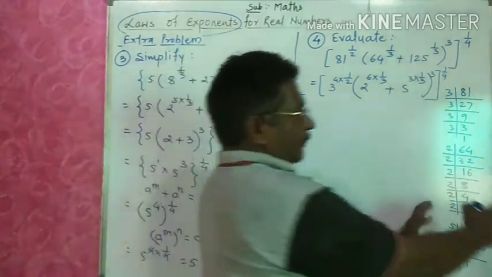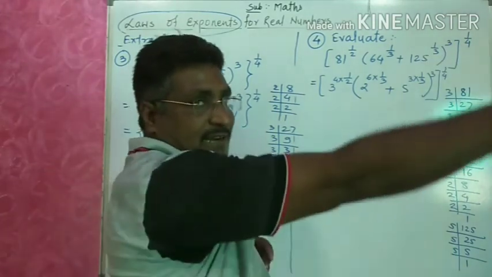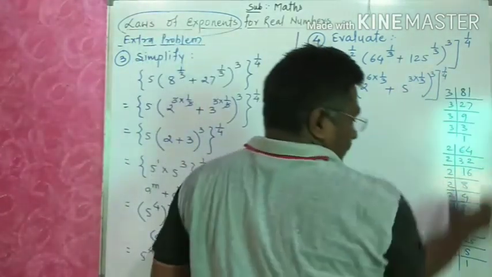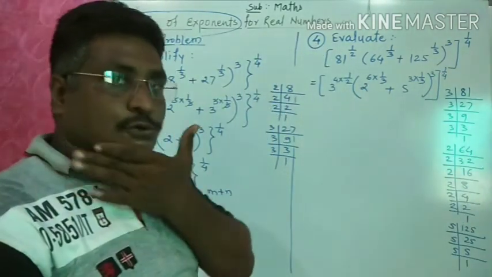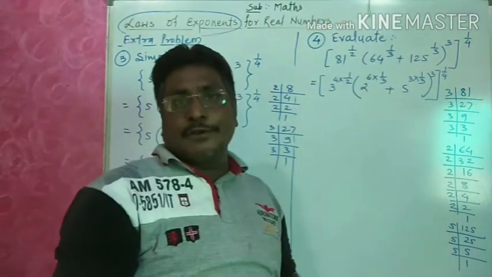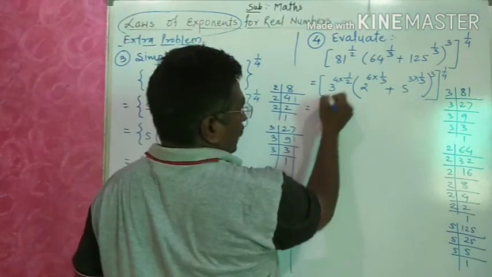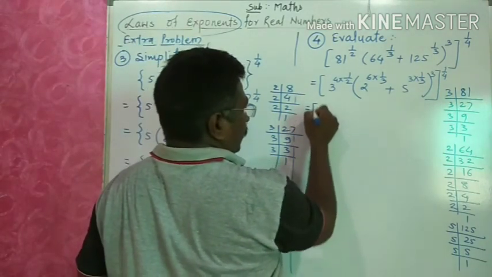So how did I do it? In the same way you have to do this rough work. On one side make a margin, on the right side, and there you have to do this rough work. No need to do it behind the notebook. There itself you have to show that. Understood, student?